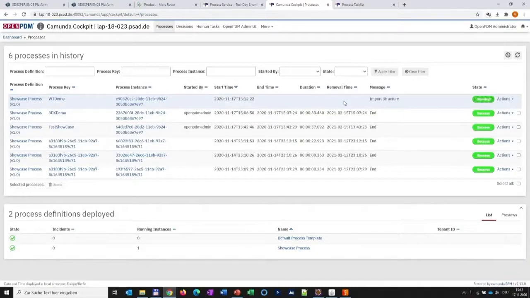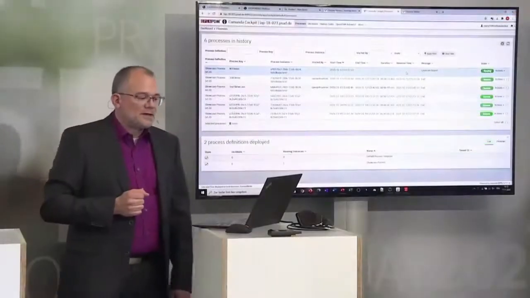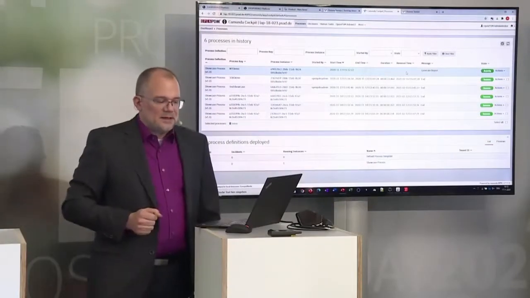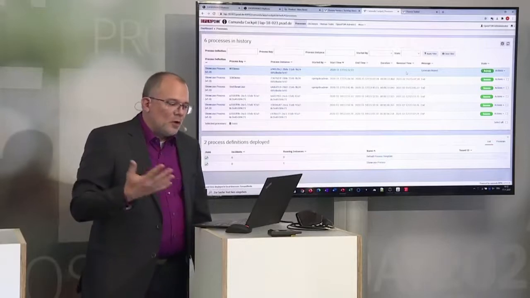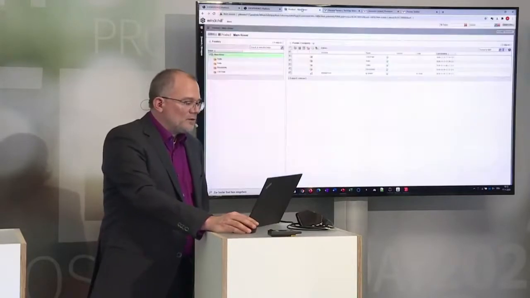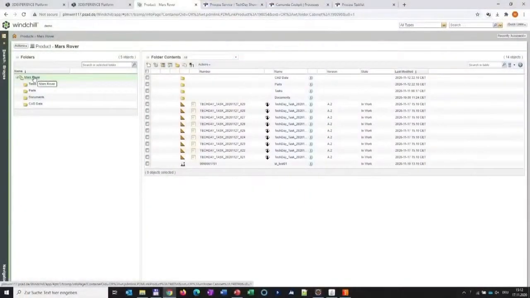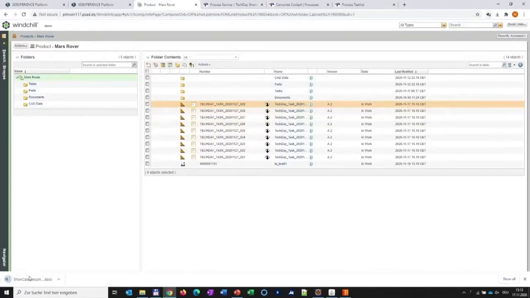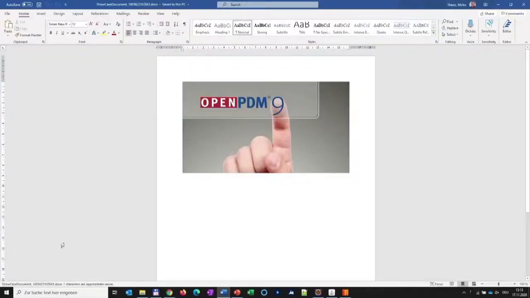And I've done that on the administration console right away. That means your colleagues didn't even notice that there was a slight network problem. You were messaged, something has to be corrected, and you were able to trigger the process from the administration console. And as I've now entered the right name, that has happened successfully. And if we look at the whole thing in Windchill, and update it, then we can see here we have tasks as Windchill notes, and the Word document is also attached to these notes when I open it, when the Word file opens in OpenPDM.